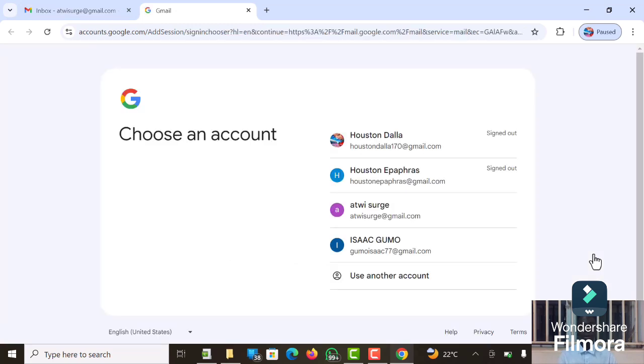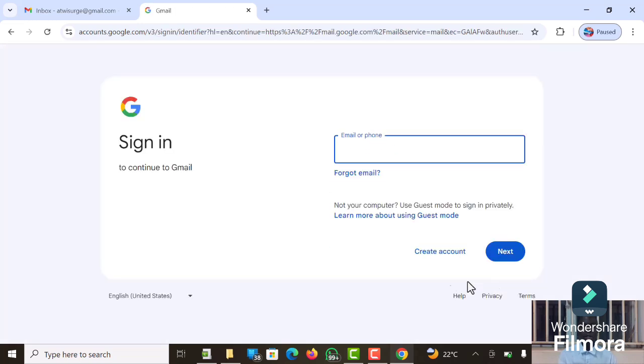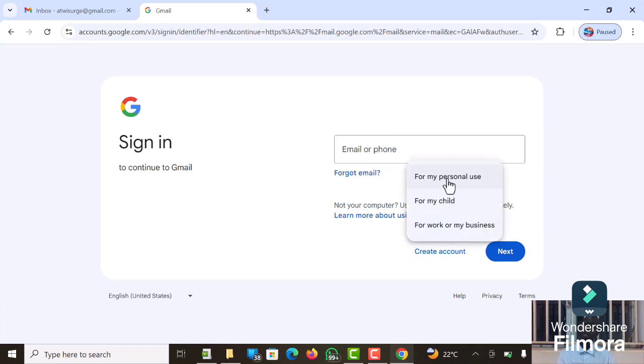the drop down menu there. So here you say use another account, and then next here. Then they have given us another field here, but this one is for when you're signing in to your email. In case it was from another device, you sign in and you use this one, but for this case we're going to create one for personal use, for your child, or for your work. This is the question you're being asked on this drop-up menu, but I'm going to select it for my personal